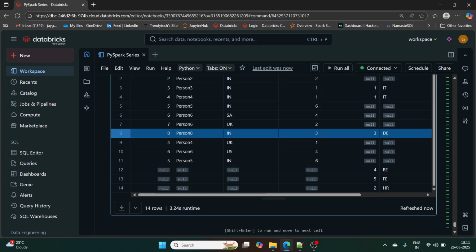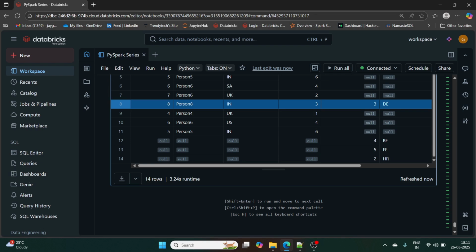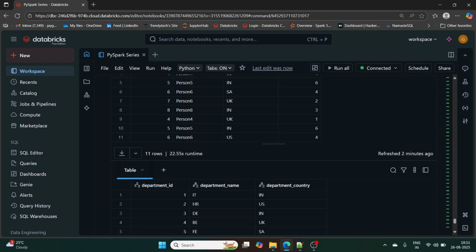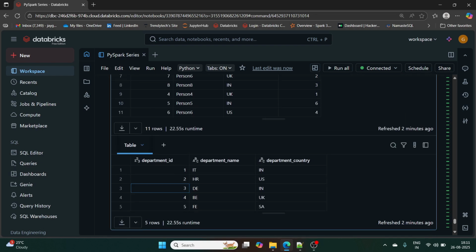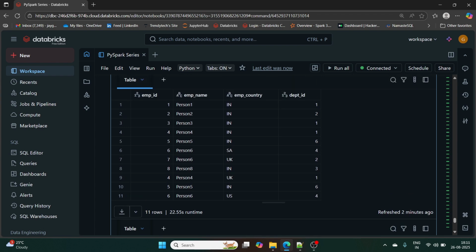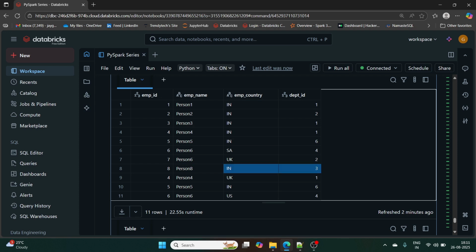Then 3 has a match, right? That's it. Okay, let's see, 1 and, sorry, 3 only, right? 1 and 3. 1 India and 3 India. It is not a single column now. It is two columns. And I have already told you, when we are joining based on two columns in PySpark